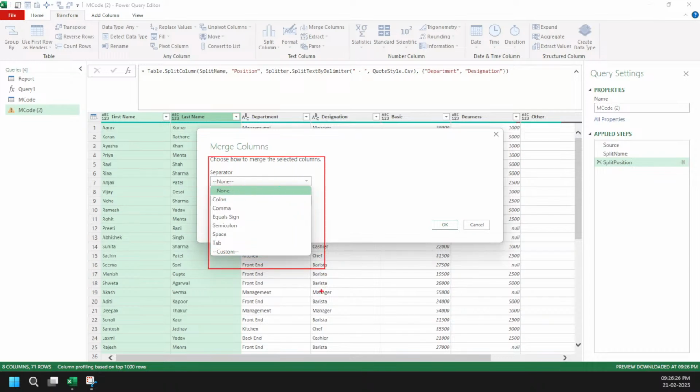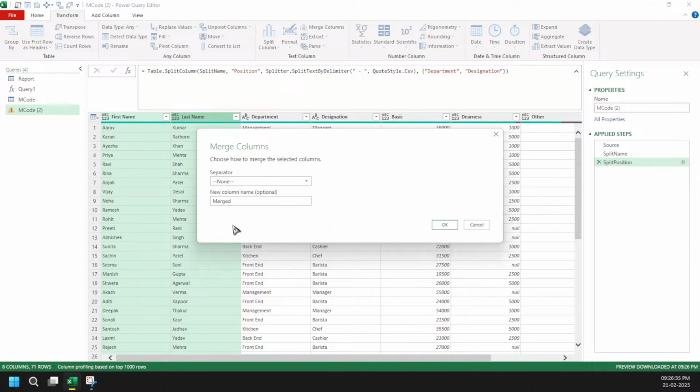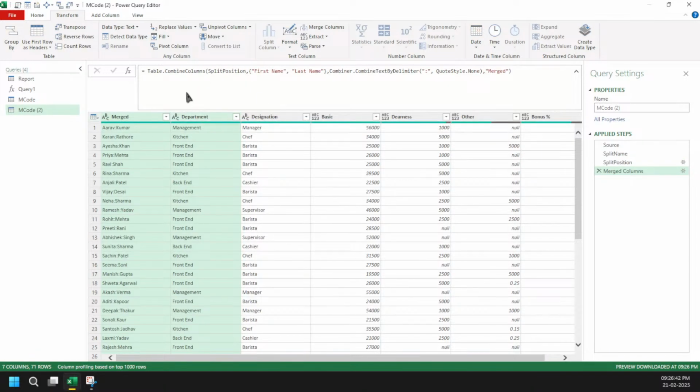What you want to do with the merge columns, colons, comma, and everything, they all relate to the text functions, right? So let's say I don't want just a colon for now. You can see here, I got a combination function, right? But the best part is all my columns, those two columns, first and last, have been combined.